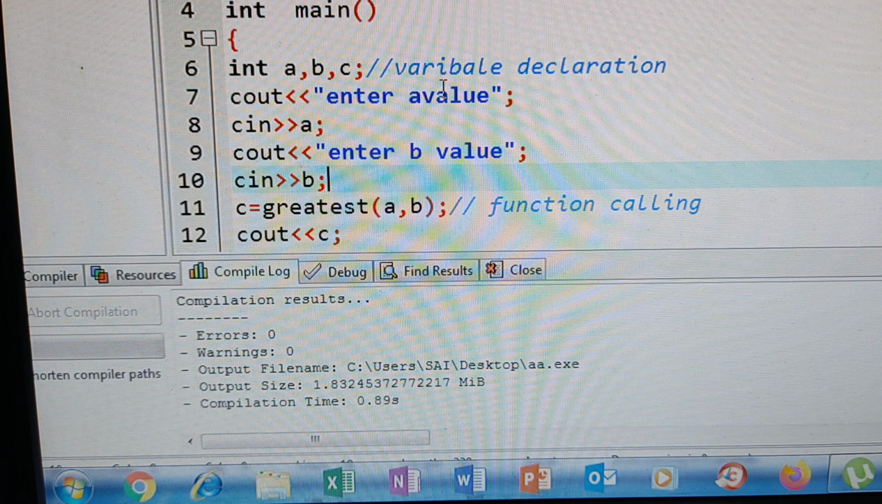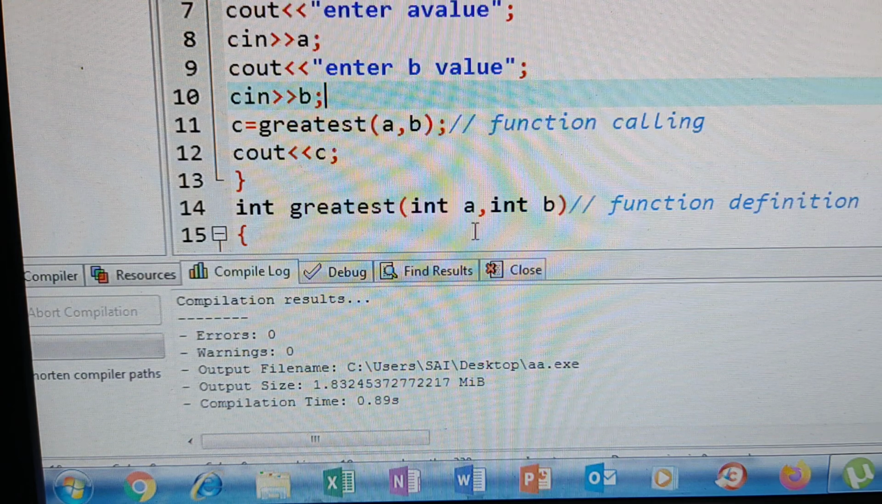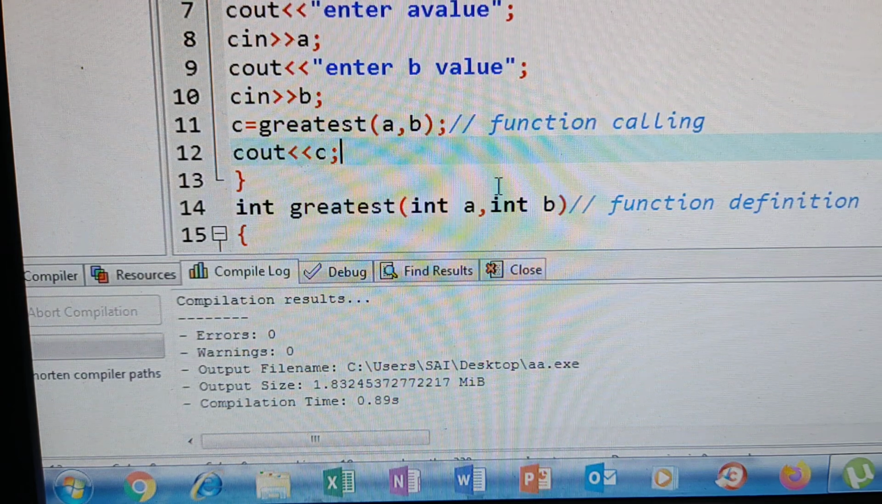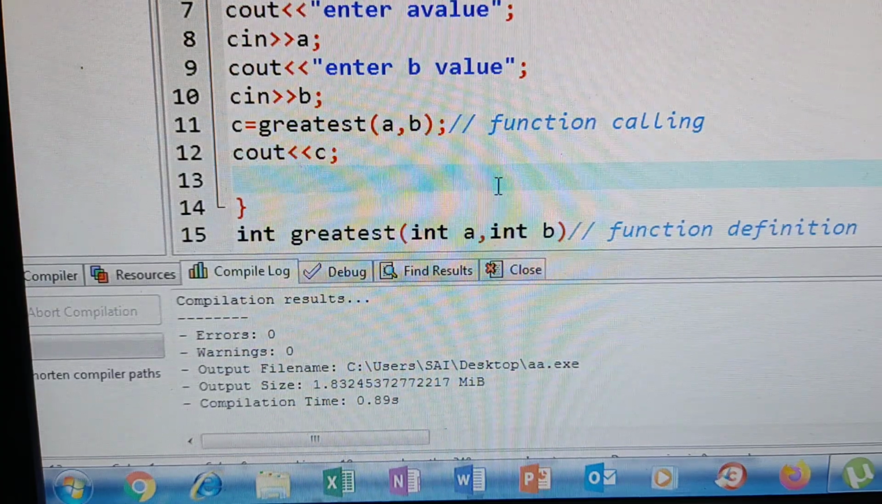So after this prompt, when the user gives the value, that value is stored in a. Now enter B value. Next after this prompt, the user will give the value that is stored in B. Now with that value, this function will be called. This is one method. Next after this, again I am calling the same function,